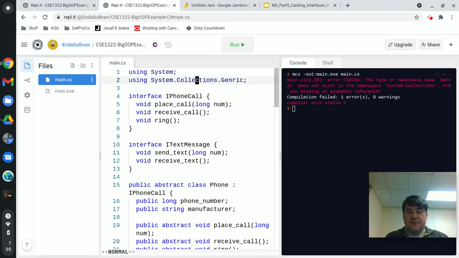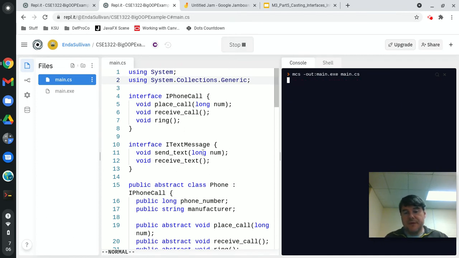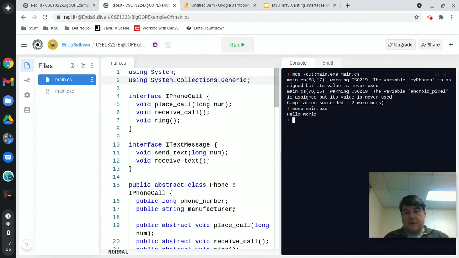Generic. System collection generic. It's collections. I really do feel like it's collections. Yep, it really was. Oh, I just spelled it wrong. G-E-N-E-R-I-C. That's the mistake. All right. Okay, life is good. So I have some warnings there because I've created some things, but I've never actually used them,